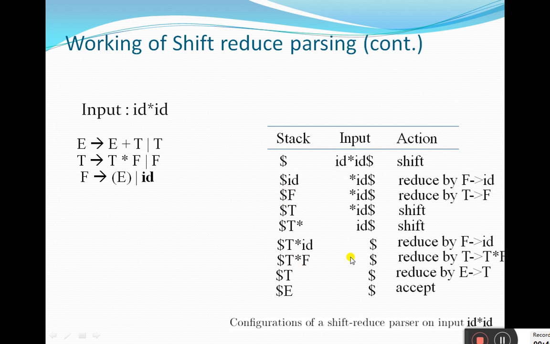As far as a shift reduce parser is concerned, the best way is to first give the rightmost derivation, use the rightmost derivation in reverse, and write the configuration. So start from id plus id star id inside parentheses. First find out the handle to get back to the previous sentential form. We can easily find the handle in this string, something like id.